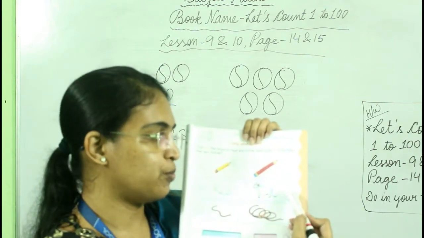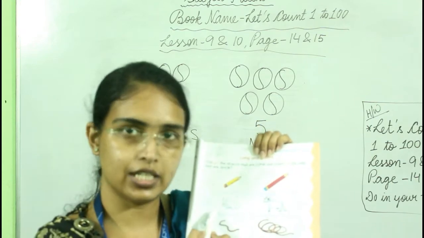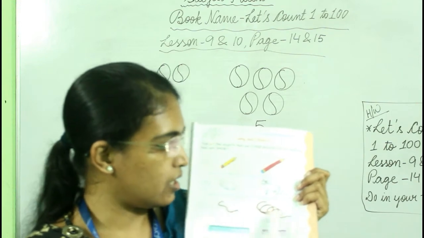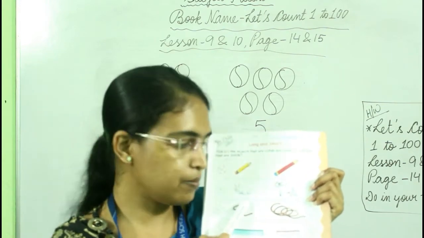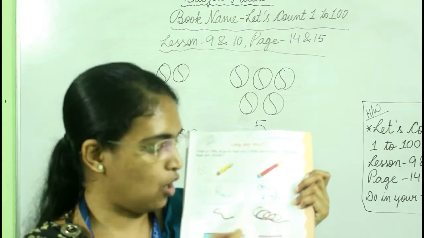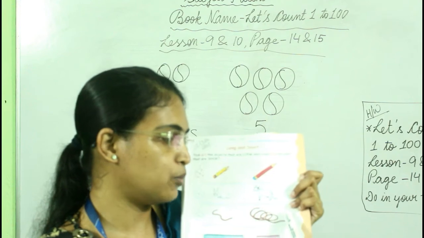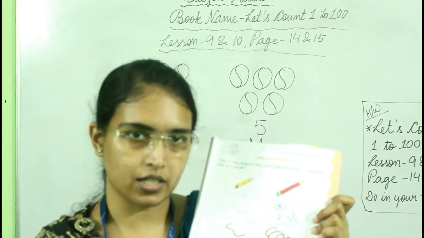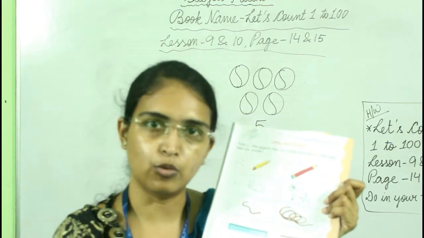So you have to put a tick mark in this circle and a cross mark in this circle, okay? Now next, in the next group we have two ropes. One is a small rope, another is a big, long rope. So which one is long? This one. So put a tick mark in this circle and a cross mark in this circle, okay? And the rest of the part is your homework.